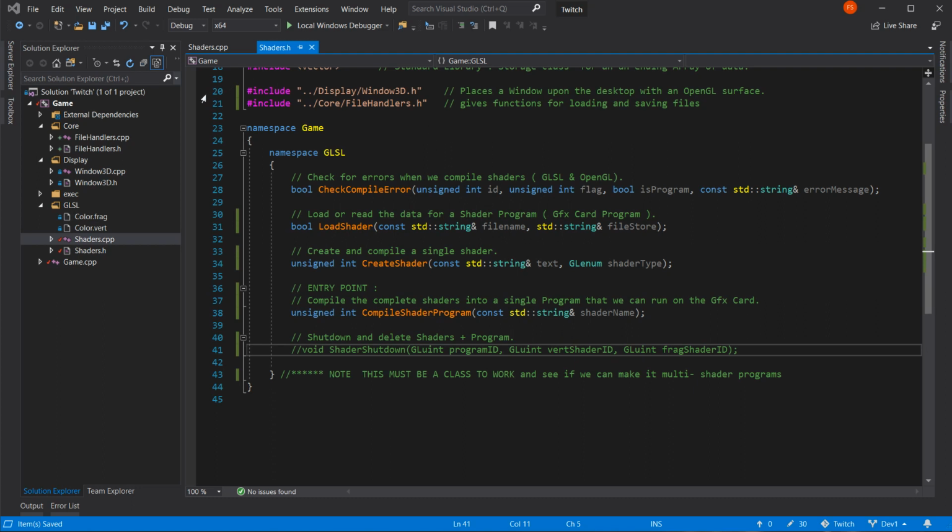Let's have a look. So we've got shaders now. What would happen if I was to give compile shader program the name of color? Now remember, I'm going to wreck my graphics card doing this, because we haven't got a shutdown yet.